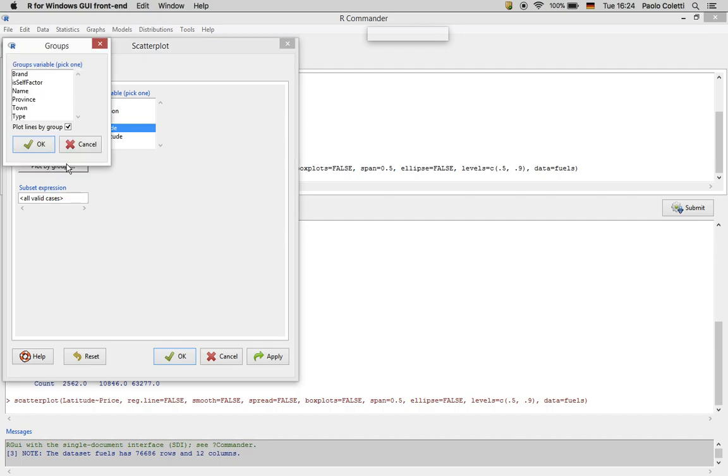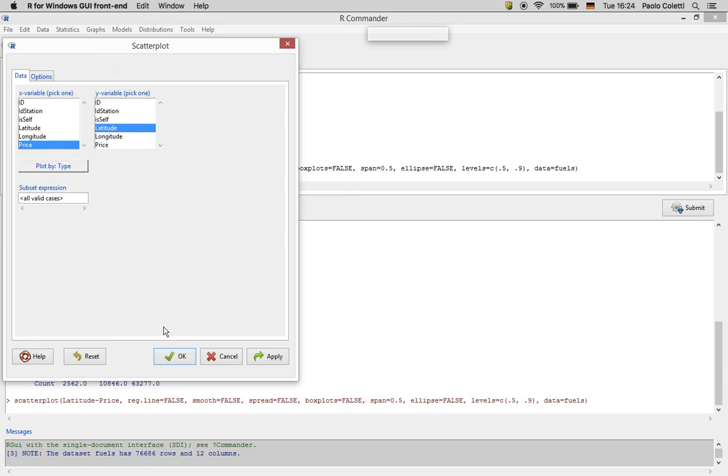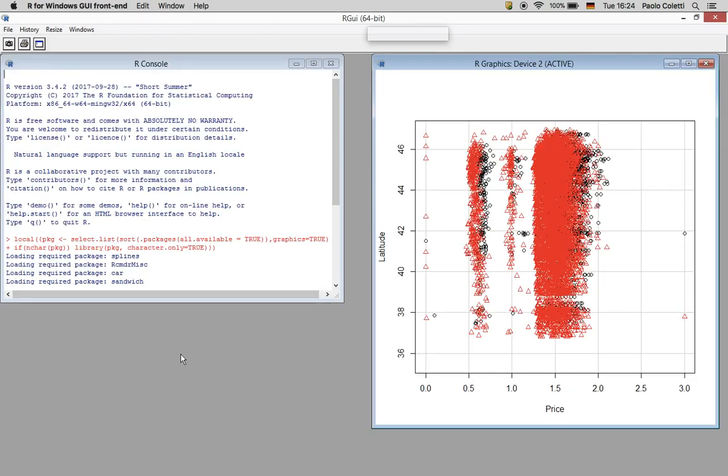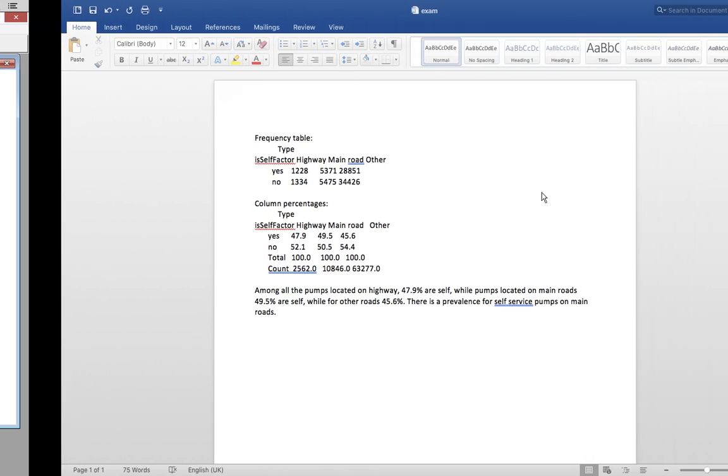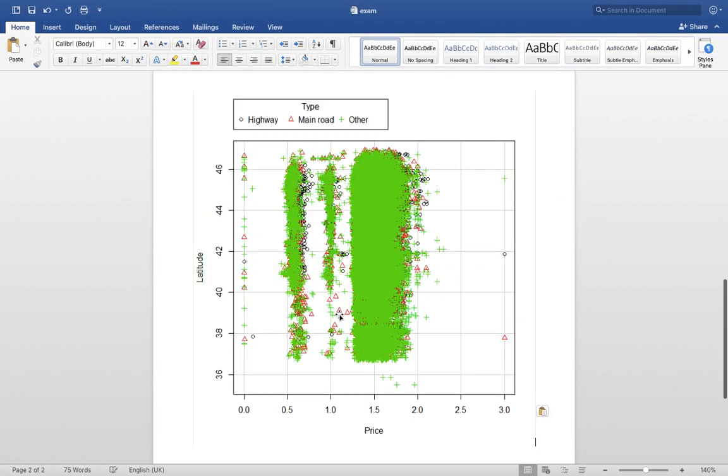Price, latitude, plot by group. Plot by groups in the meantime has gone away. Okay, now there are the three groups. It's 77,000, so right click, copy as bitmap, and before it vanishes, okay,